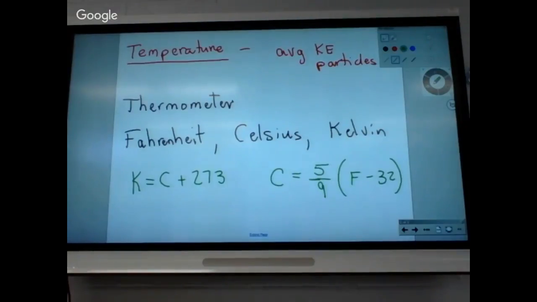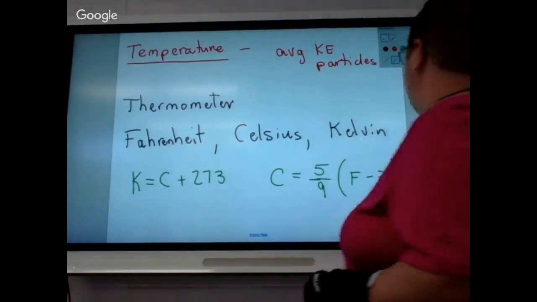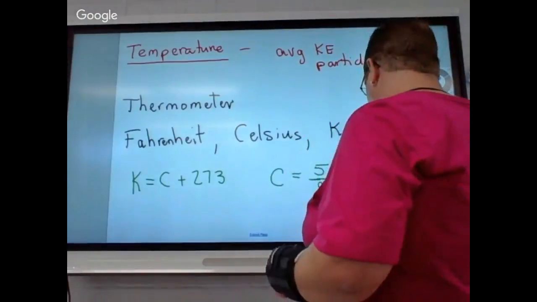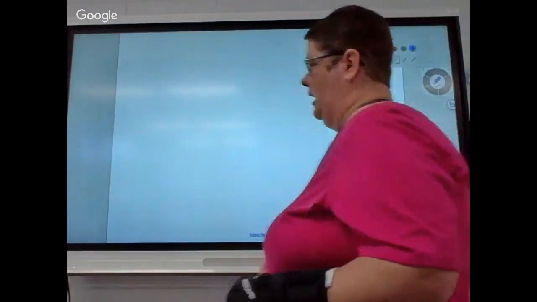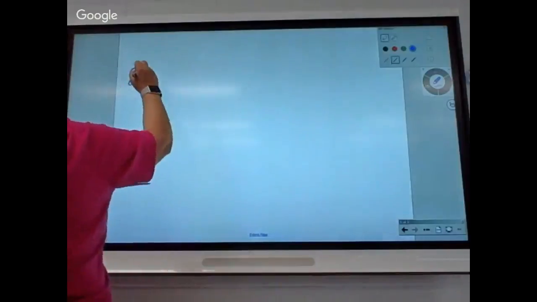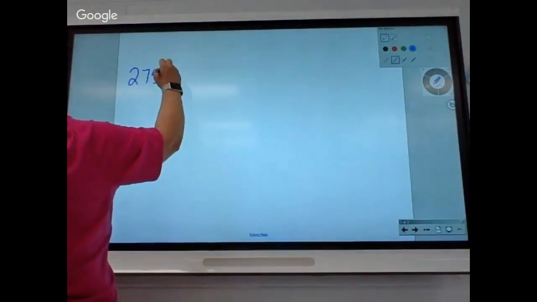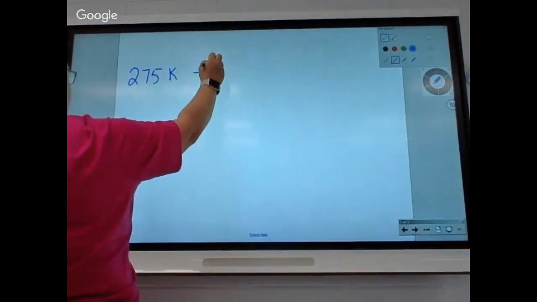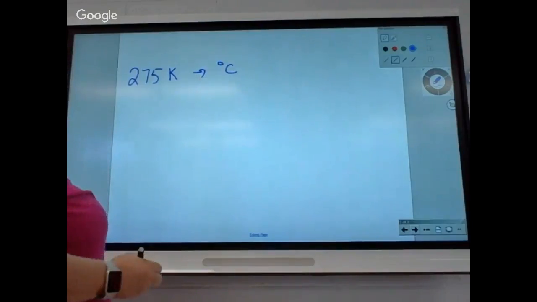Now, typically at this point, I sometimes assume that people know how to use these formulas. It's usually my bad. I should never assume that. So rather than me making that colossal mistake, let's make sure everybody can use these formulas. So if I give you something like 275 Kelvin, and I ask you to change that to degrees Celsius,